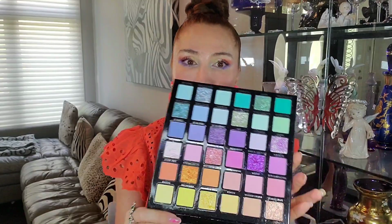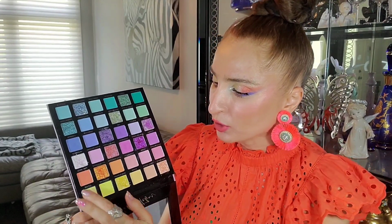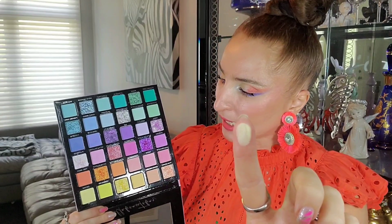So what I really enjoy, actually I'm wearing this palette. I wear the mattes, and on top I wear another palette which I'm going to show you in a second. So let me show you this palette. People complain that this palette is not too pigmented, but you know, for example, this color is pretty white. When I tried this palette the first time, second time, third time, and today, I would say